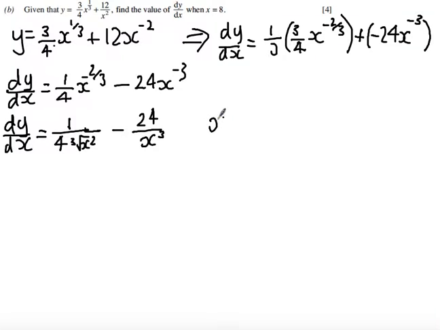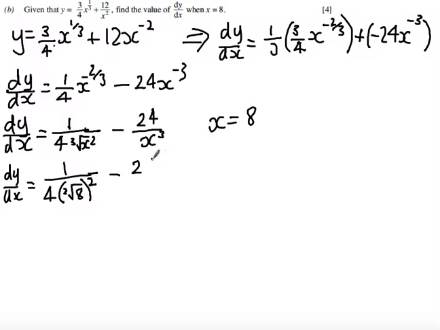Now, when x equals 8, I want to evaluate this. So I get dy by dx equals 1 over 4 times the cube root of 8. It's easier to take the cube root of 8, I know the cube root of 8 is 2, rather than squaring 8 and then trying to find the cube root. Minus 24 over 8 cubed. So evaluating this, dy by dx equals, the cube root of 8 is 2, squared is 4, times the 4